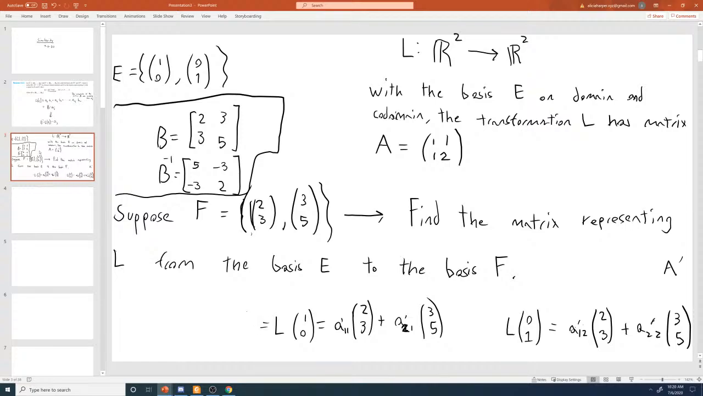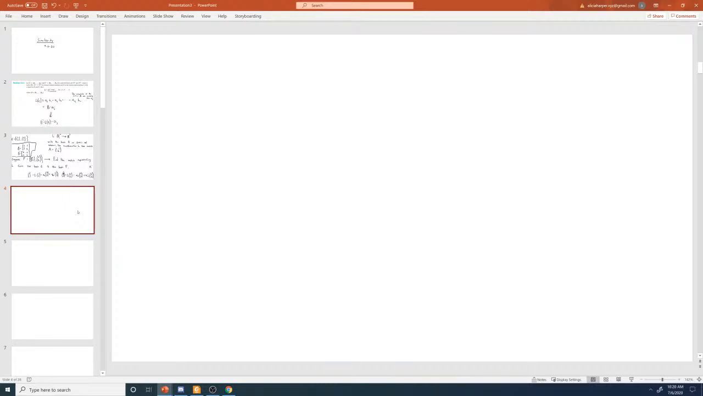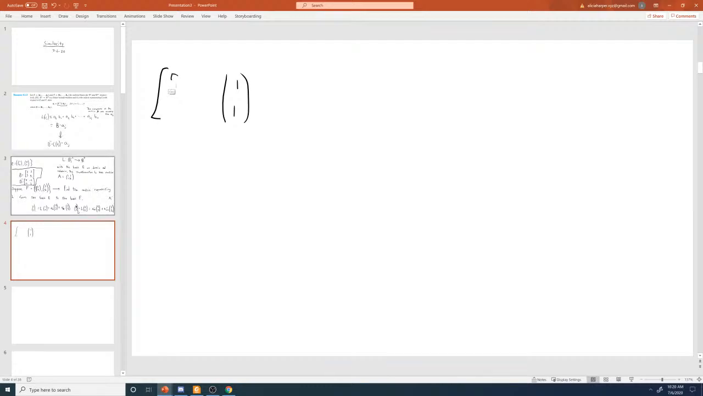Because the matrix L is represented with respect to this basis by this matrix, L of 1, 0 is going to be 1, 1. And L of 0, 1 is going to be 1, 2, rather. What I have to do is multiply this vector and this vector by B inverse. So I'll do that in another slide. I take 1, 1, and I multiply it through by 5, negative 3, negative 3, 2. If I do that, what I get is